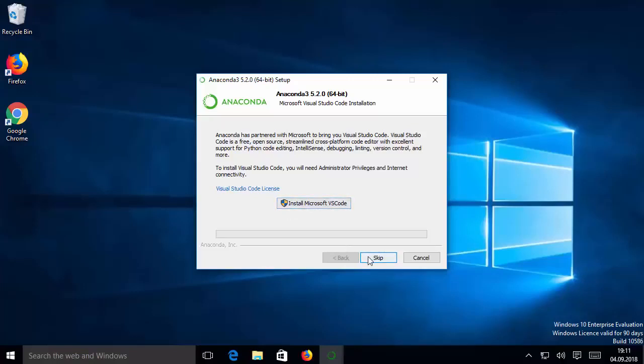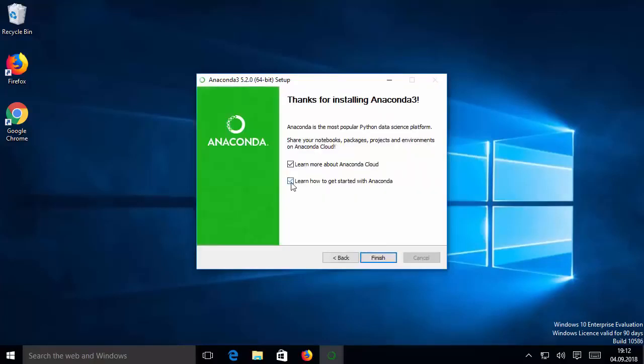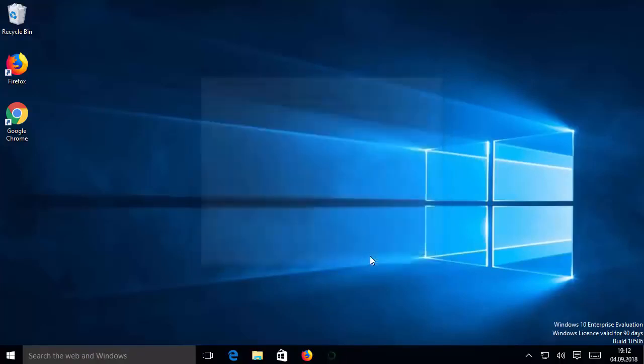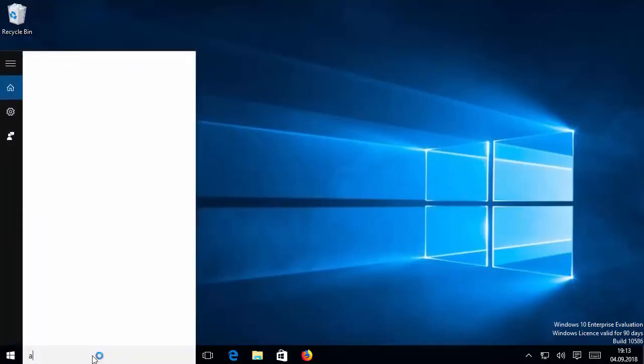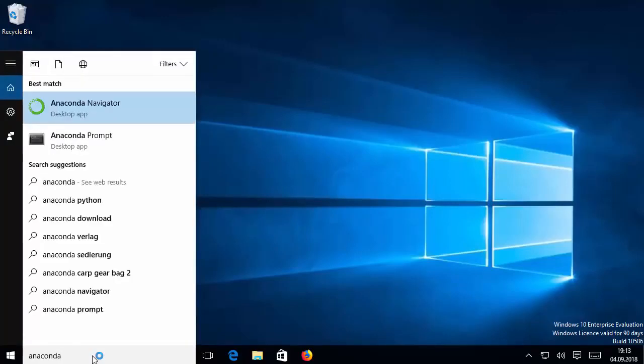Otherwise, you can skip this option. So in my case, I'm going to click on this skip button and I'm going to just uncheck these two checkboxes, and now I'm going to click on the finish button. So now once Anaconda is installed on your Windows operating system, we can just search for Anaconda here, and